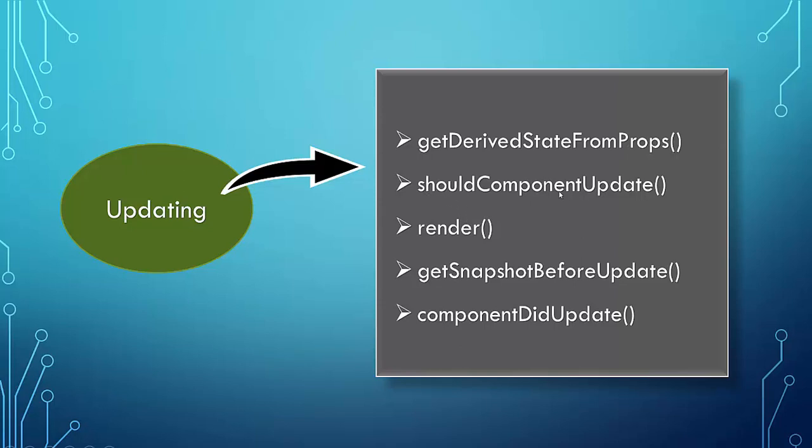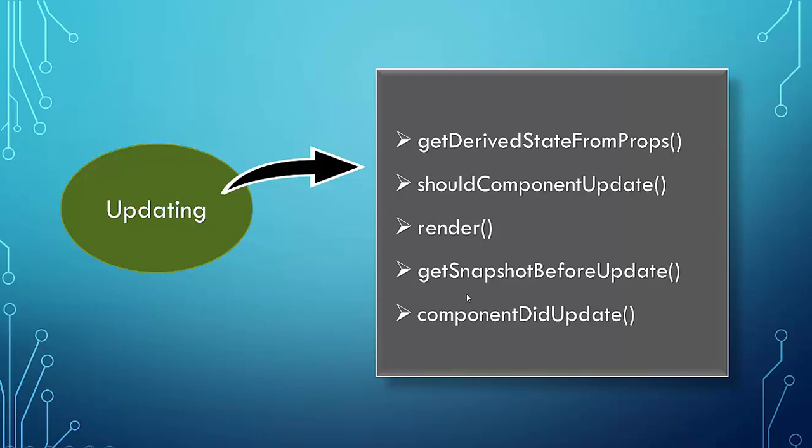The next one is shouldComponentUpdate. So this method will come in handy if you have certain logic in place but you don't want to update the component if certain data or certain validation is not happening. For example, you can stop the rendering if the user input was incorrect. So when the return statement is false in this shouldComponentUpdate, then the updating will stop, and the component doesn't re-render. And again, we have the render method. This render method is a part of the mounting phase as well as the updating phase.